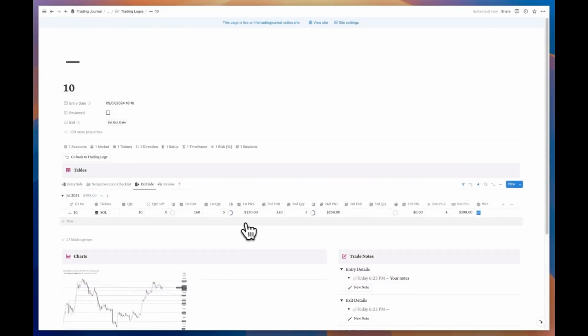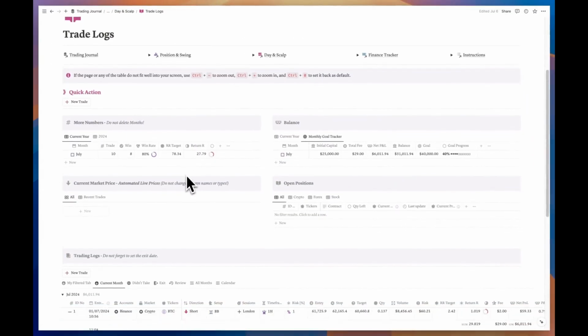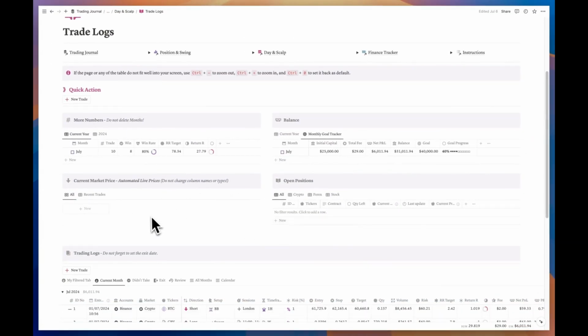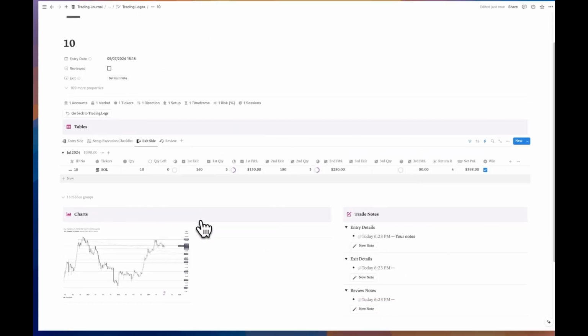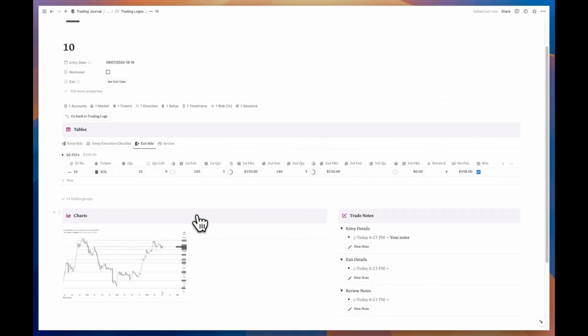When we completely exit the position, we can see that the quantity left property is 0. Let's see if there are any changes in the open positions. As you can see, we've completely closed the position, and we currently don't have any other open positions. So, we can now take a look at the next tab we've prepared for the post-trade stage, which is the